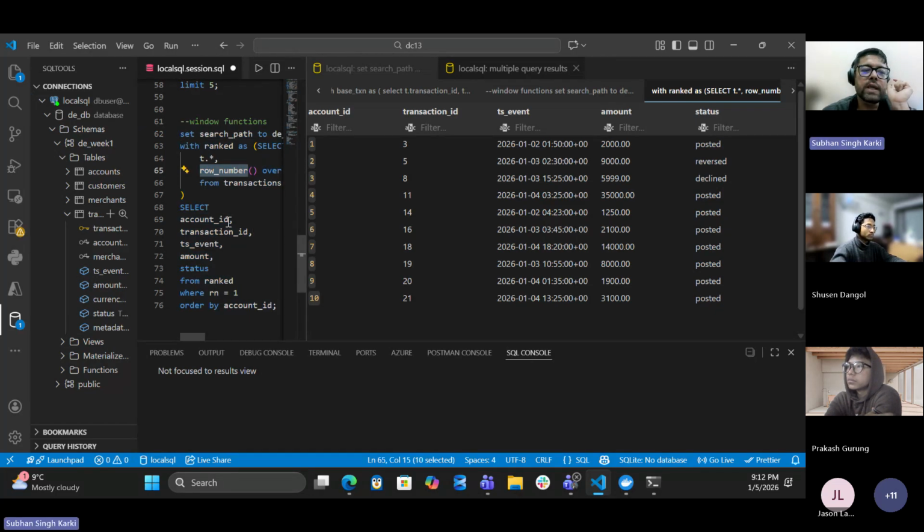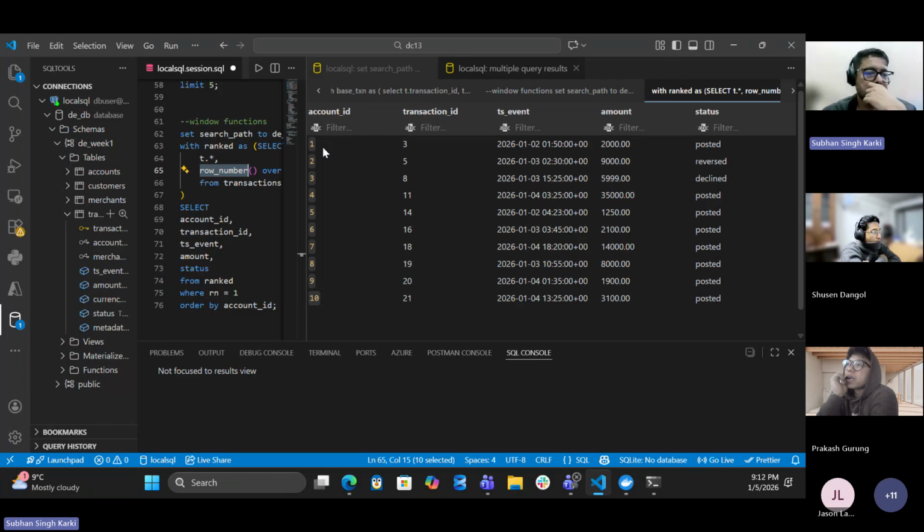What we're doing is a separate ranking for each account, and we are ordering by transaction event descending, which means the newest transaction is first. And because we are doing a row number, each transaction for your account gets a unique row number